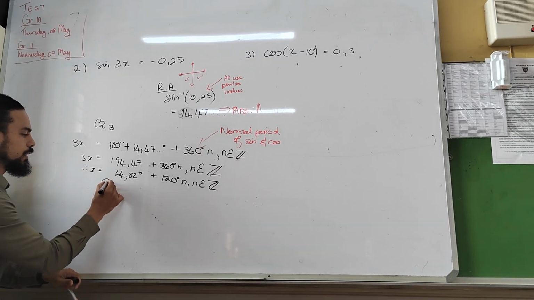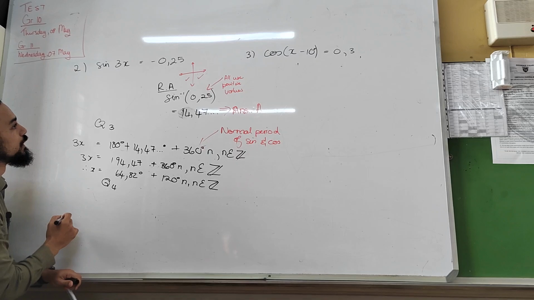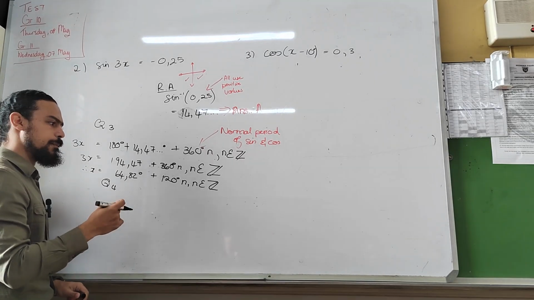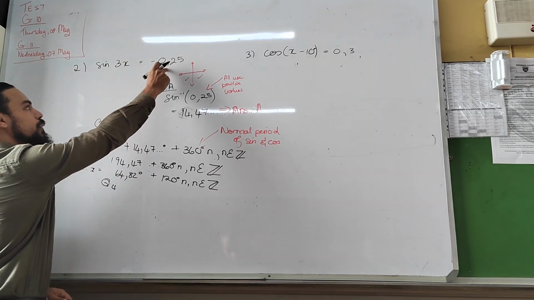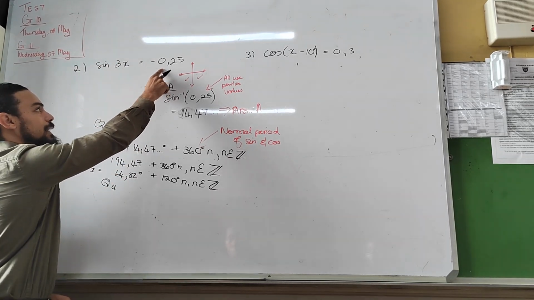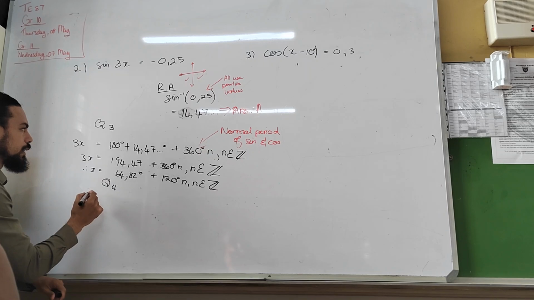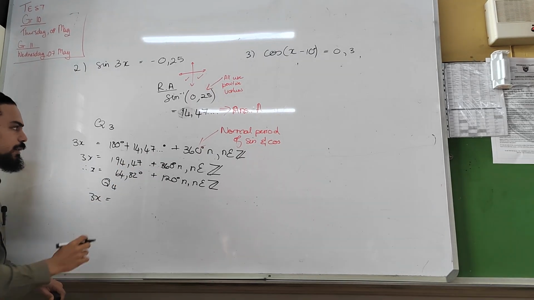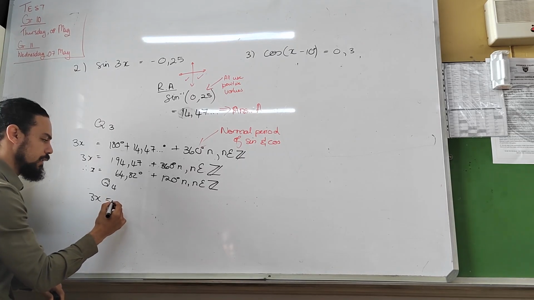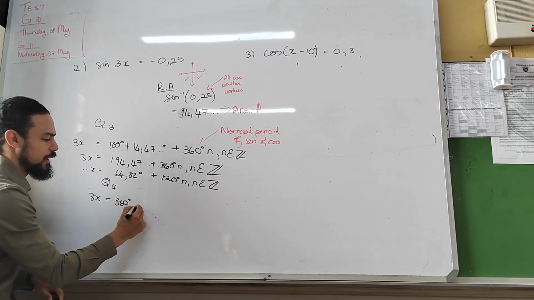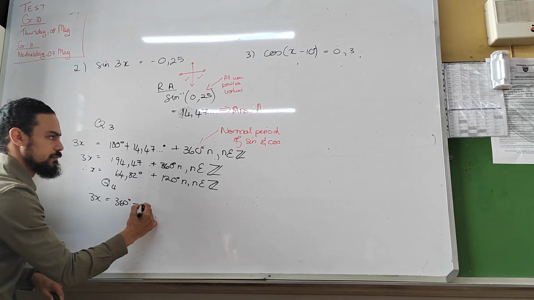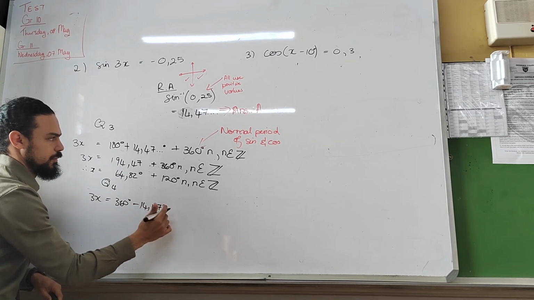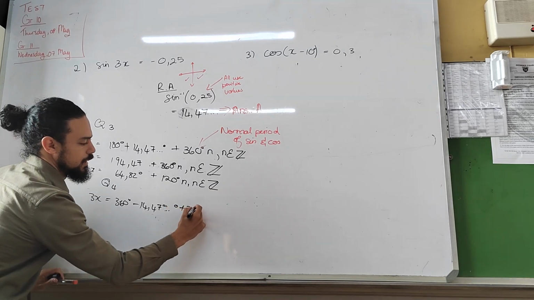Then we are going to work in Q4. Once again, just to point out to you why these specific quadrants that we're working with, because we go to the question asked, where is sine negative? Okay, so then we're going to say 3x once again is equal to, we basically repeat this, but now in the fourth quadrant, 360, well done, minus 14,47, plus 360